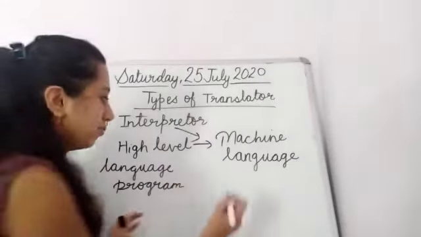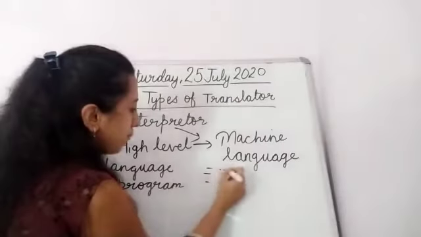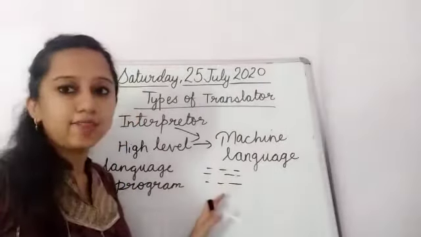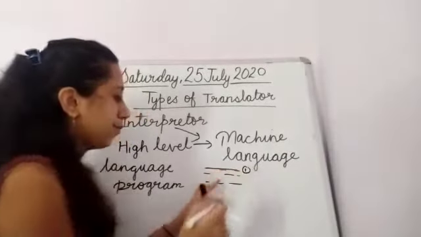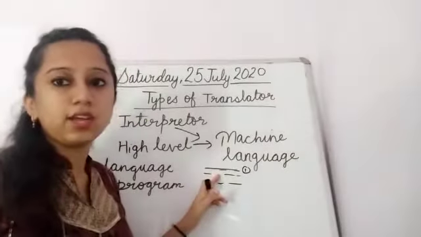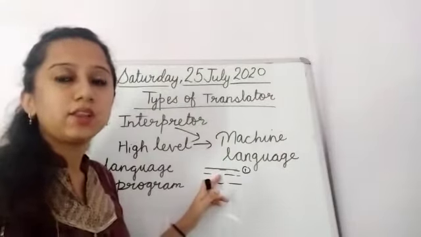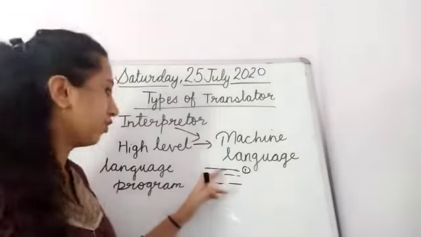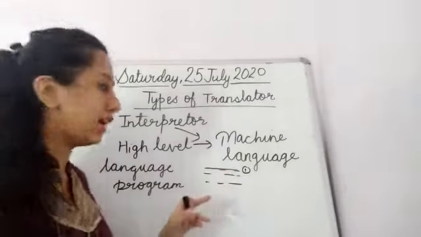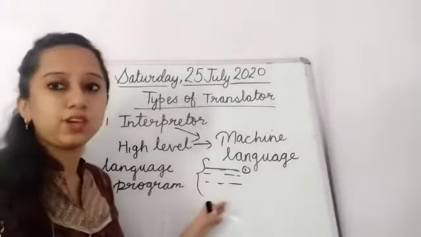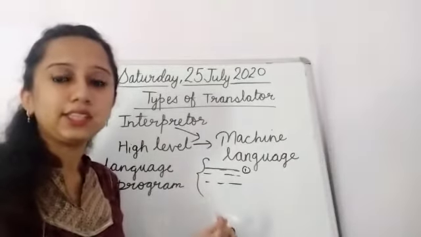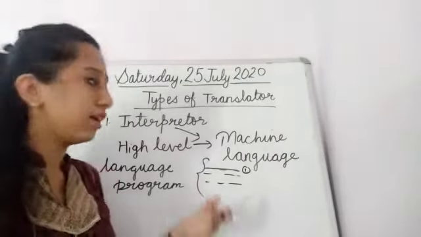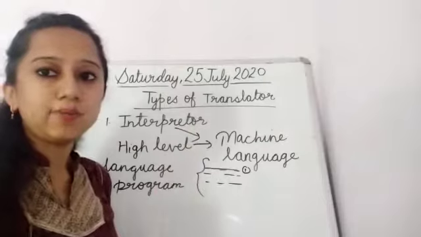and it changes line by line. Suppose this is your program written in a high level language and this is your program's first line. ये आपकी प्रोग्राम की पहली लाइन है. सो इंटरप्रेटर विल चेंज द प्रोग्राम लाइन बाय लाइन. वो हर एक लाइन को चेंज करेगा, नॉट ऑल द प्रोग्राम टुगेदर. वो पूरा प्रोग्राम एक साथ चेंज नहीं करता है इंटरप्रेटर. It changes the program line by line. So this is your interpreter.